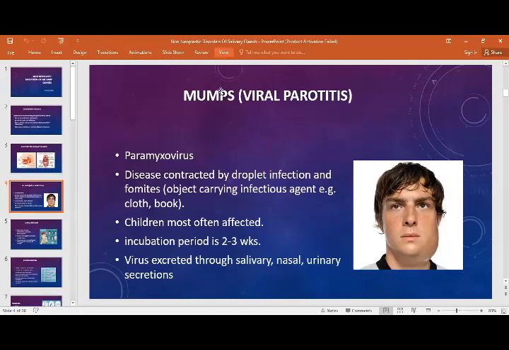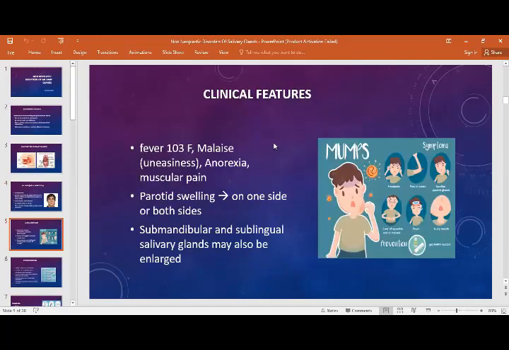So, as I have already told you, children are mostly affected, especially school-going children. The incubation period of this disease is 2 to 3 weeks, and the virus is excreted through salivary, nasal, and urinary secretions. Now, what are the clinical features of this disease? As it occurs due to a virus,